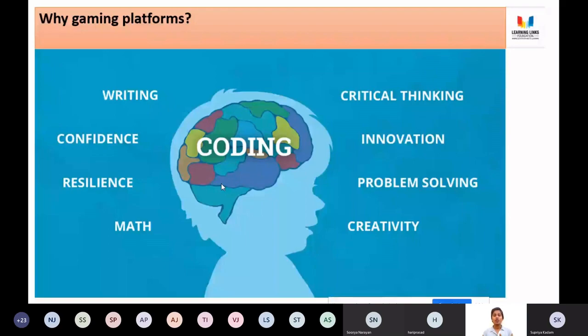Like I was saying, whenever you play a game on a gaming platform, it will definitely improve your skills, but you have to make the right choice in order to choose which game you want to play. There are a few games which give you zero information or zero skills. Though I know you've been spending a lot of time with them, I don't want to mention any specific games, but you will realize it, or you might have already realized it.